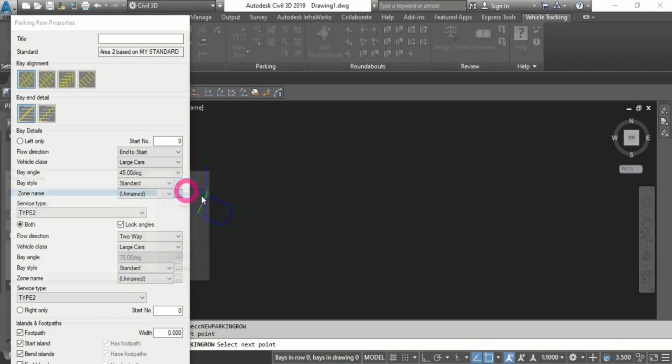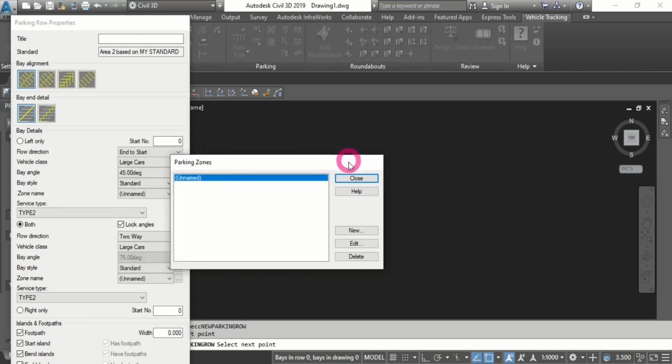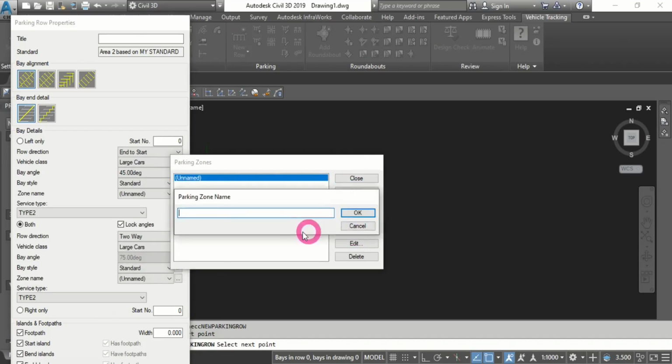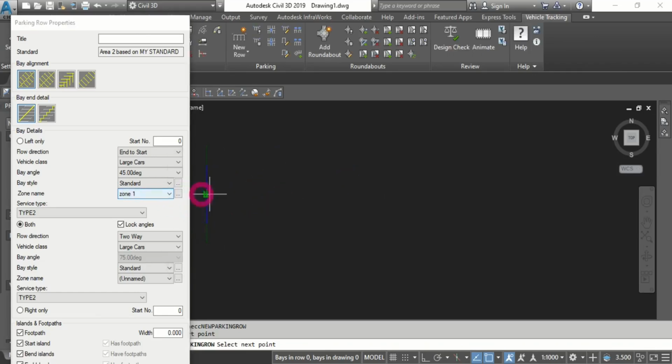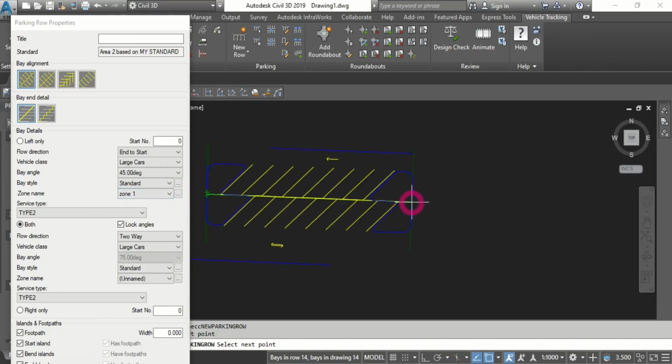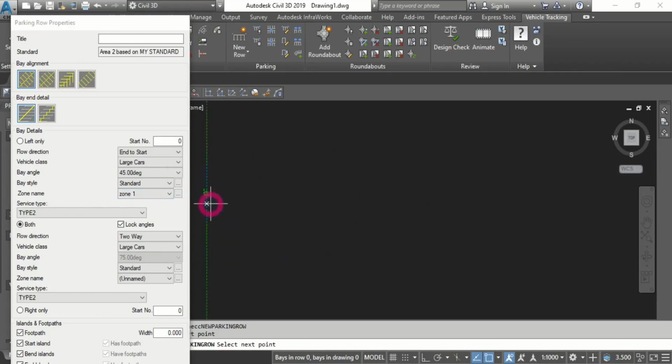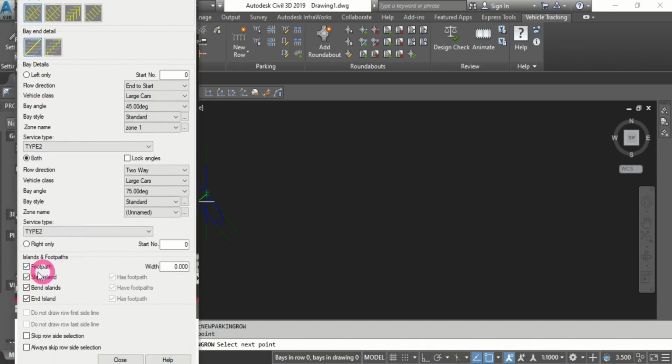In this case, you define a new zone, for example, zone 1, and click OK, close out of this, and here this row that I'm drawing will be classified as zone 1. All right, the same as you got here on the right side,